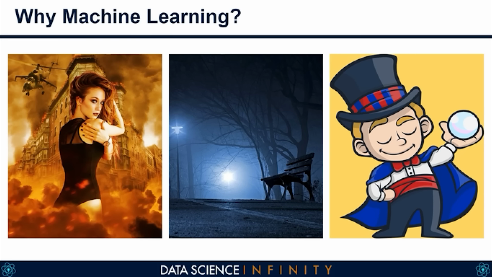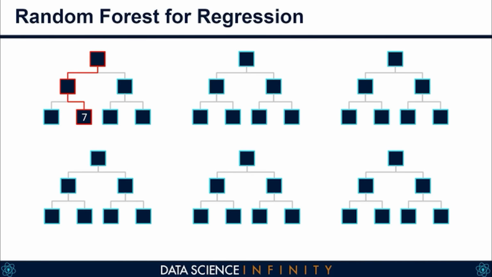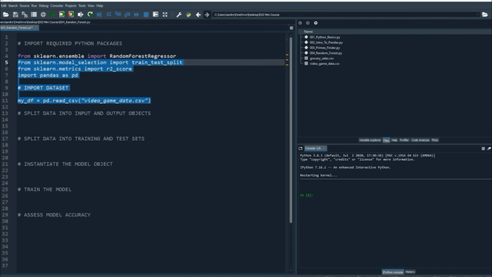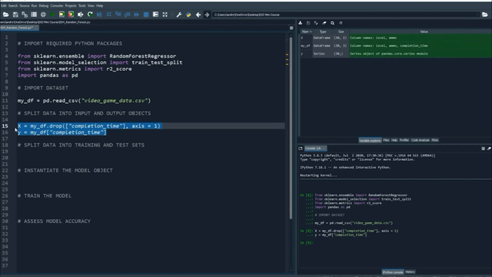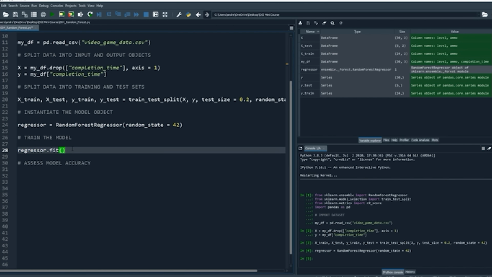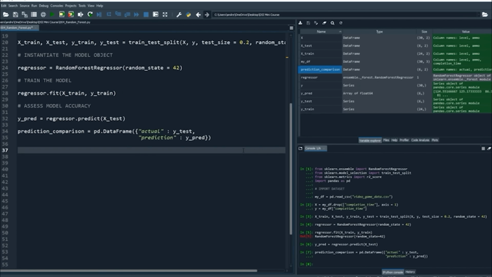From there, we're going to start our journey into machine learning, where we are going to discuss the broader field and its applications, take a look at the high-level theory behind one of the most popular machine learning algorithms, the random forest, and then we're going to jump into Python and build, test, and train our model that will predict how long it will take certain video game players to complete a particular challenge in their game, based upon their level and the amount of ammo that their character has.